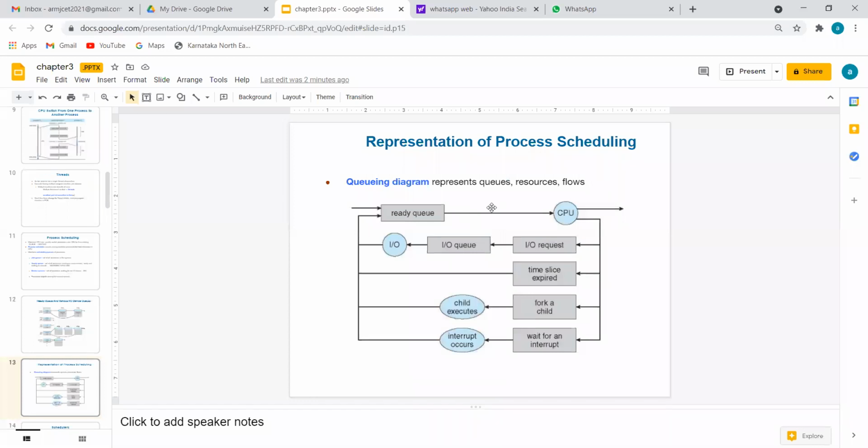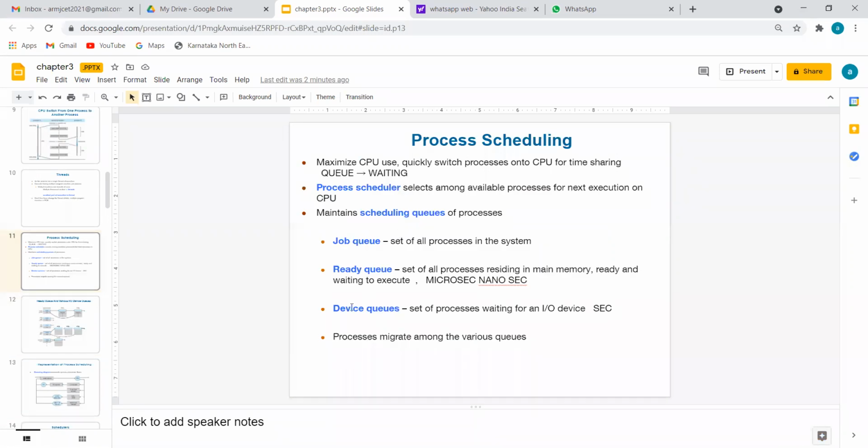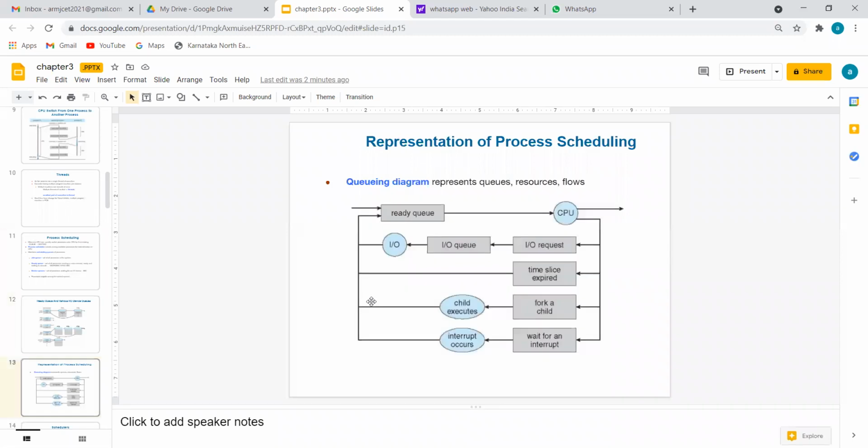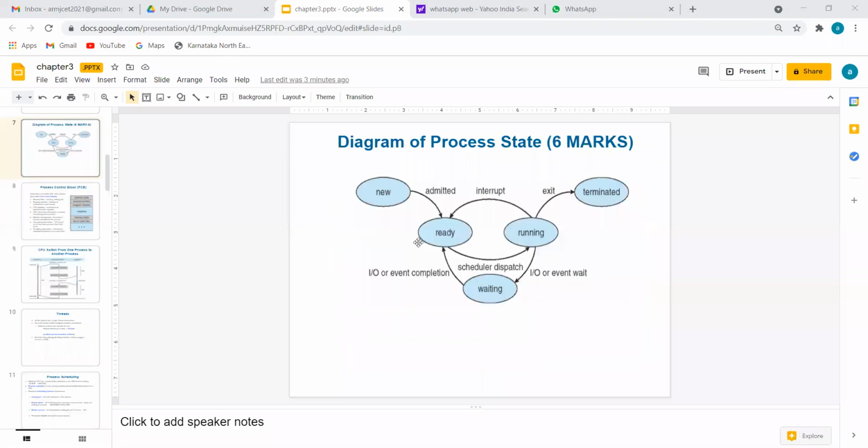Next, this diagram I felt was important, one more part. How will a process be moved from one queue to another queue? See how many queues we have studied: a job queue, a ready queue, and a device queue. Now you see one more arrow mark. If possible, try to answer in the chat box. From new to ready, ready to running, running to exit and terminated. If this is the flow, what will you understand about the process? I repeat: new to ready, ready to running, running to terminated.